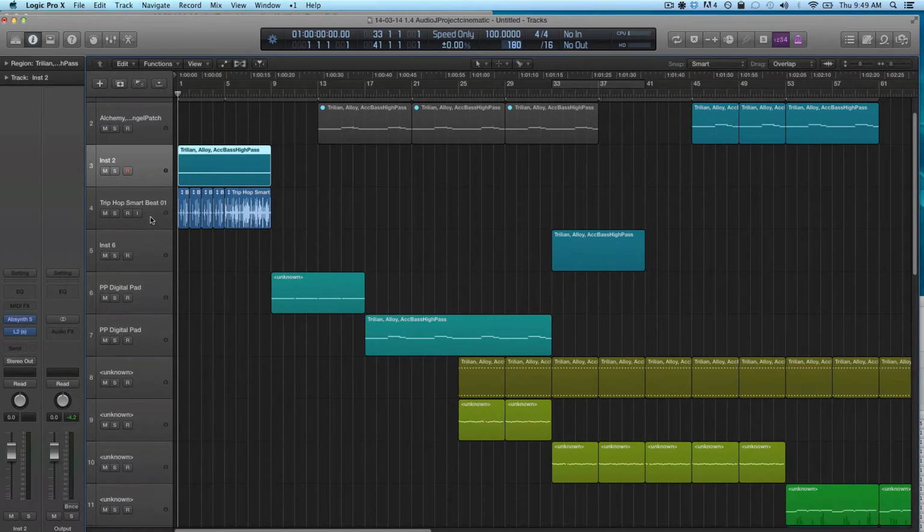So without further ado, let's dive into Absynth, and I'll show you the audio in module and the audio in